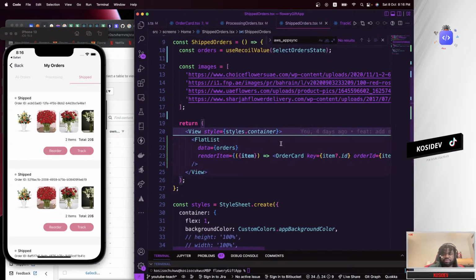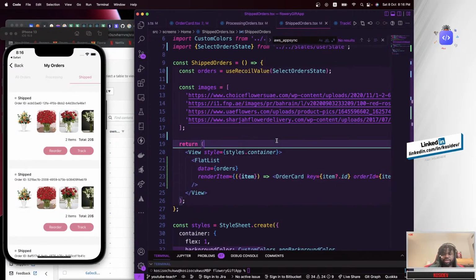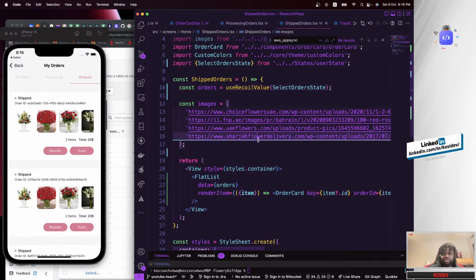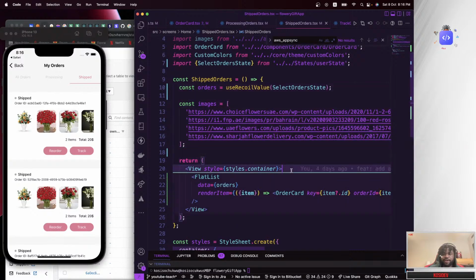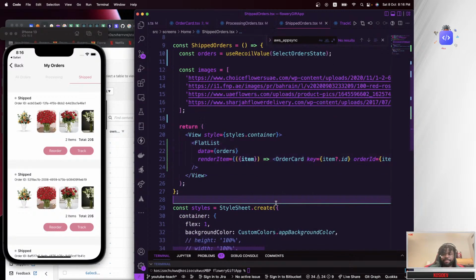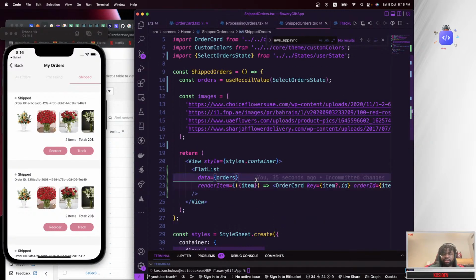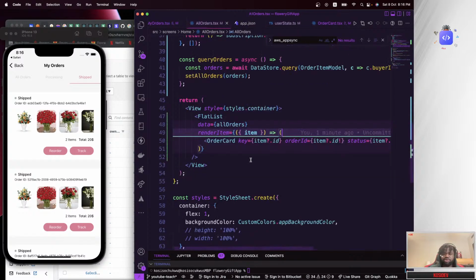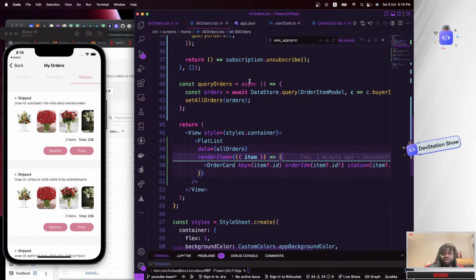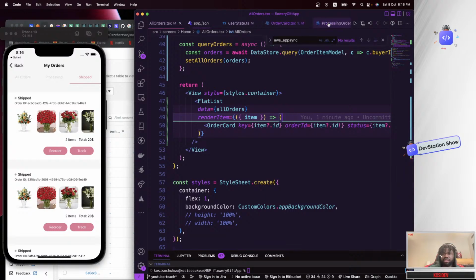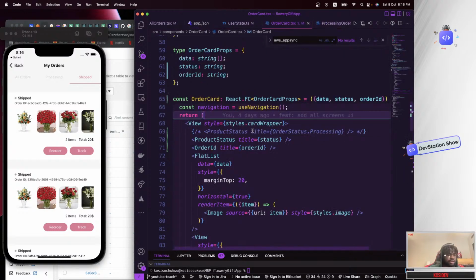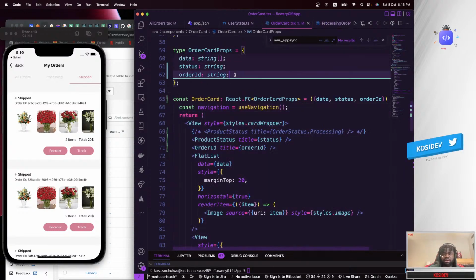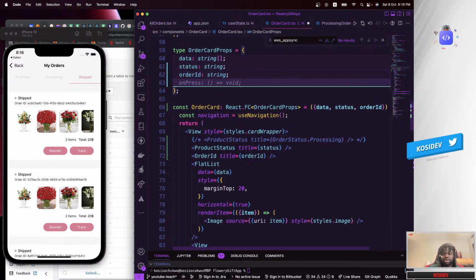In this case, let's fix, first of all, the item counts, because that one is easy to fix. Inside our order card, I'm going to say quantity, which is a number.